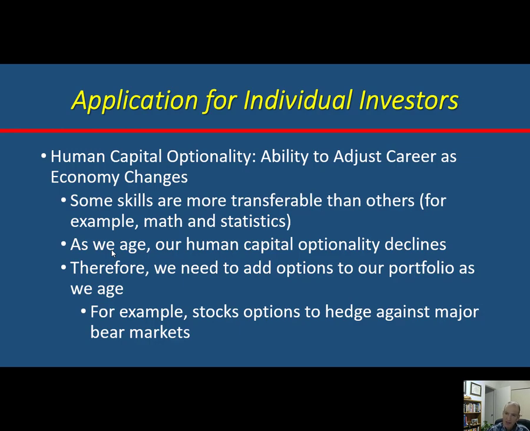When we're young, it's not a big deal because the stock allocation is a small part of our overall risk in the context of our human capital. If you look at your portfolio without thinking about human capital, then yeah, it looks really, really risky. But if your human capital is, say, $5 million and your stock portfolio is $5,000, you're not even going to notice that. But as you age and your human capital shrinks, your human capital optionality shrinks, you need to move more to bonds and put more optionality in your portfolio. We'll talk about optionality later when we're talking about price risk, how I like to use options.